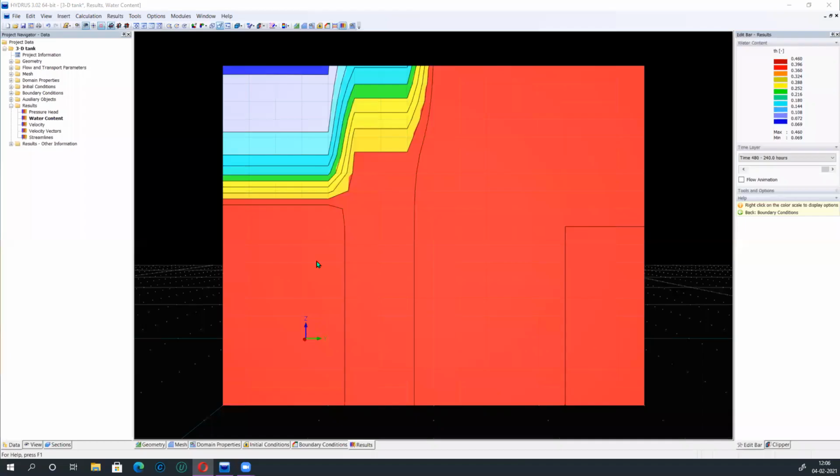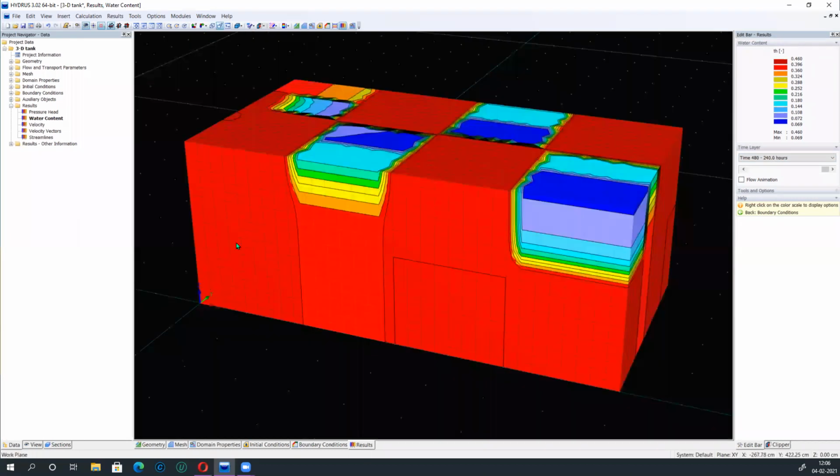You can see that we are looking at the outflow boundary condition and how the water content is changing in the 3D domain. Let me go back to the isometric view, where you will have a better look at the domain. You see that everywhere the water content is almost constant because we have a constant head boundary condition.